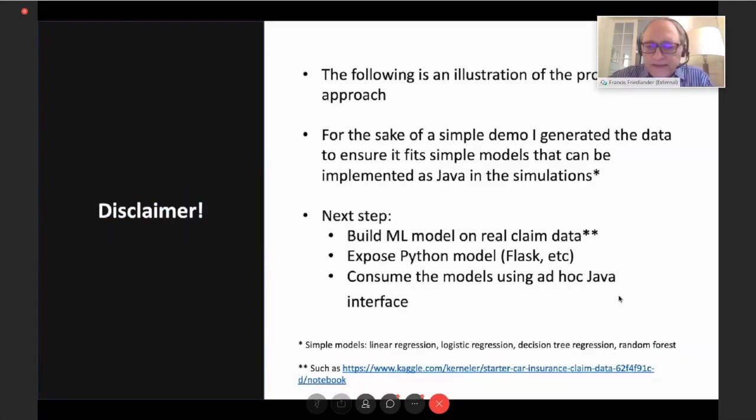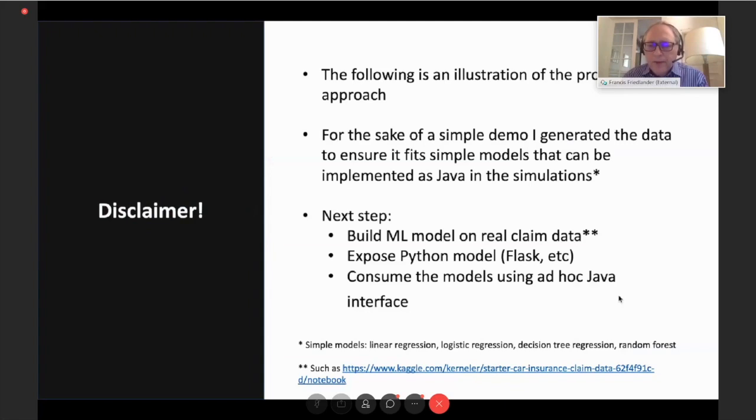So here, a disclaimer again, I'm not trying to address a machine learning problem. I'm not trying to come up with a machine learning or data science algorithm which is robust. I'm trying to explain how you can smartly combine business rules and machine learning. So the machine learning models you are going to see are simulated, right? I mean, the data, I generated data